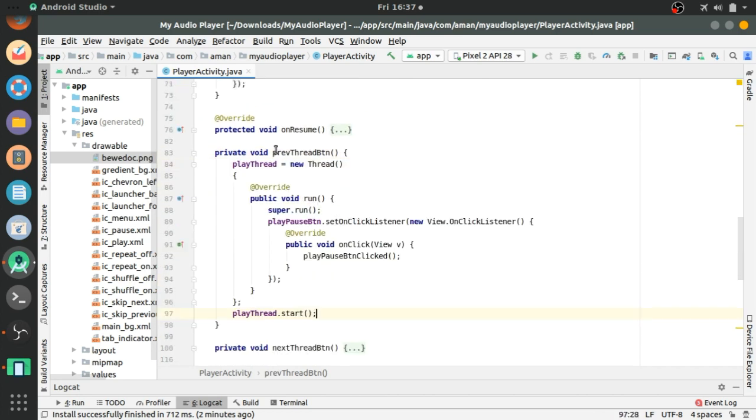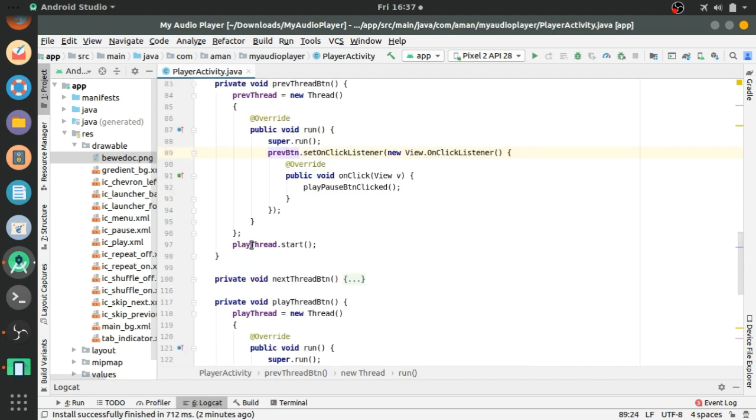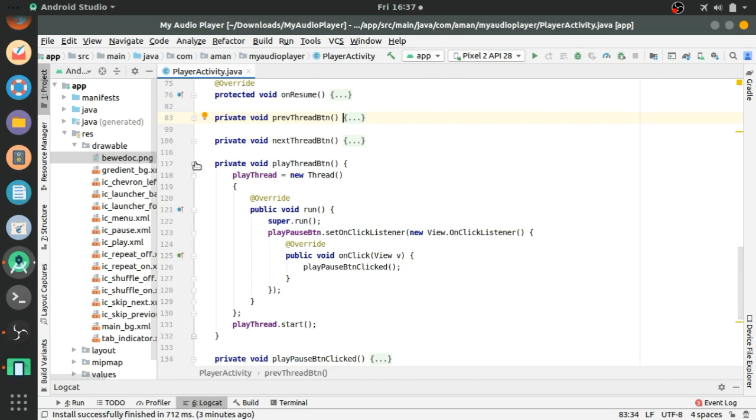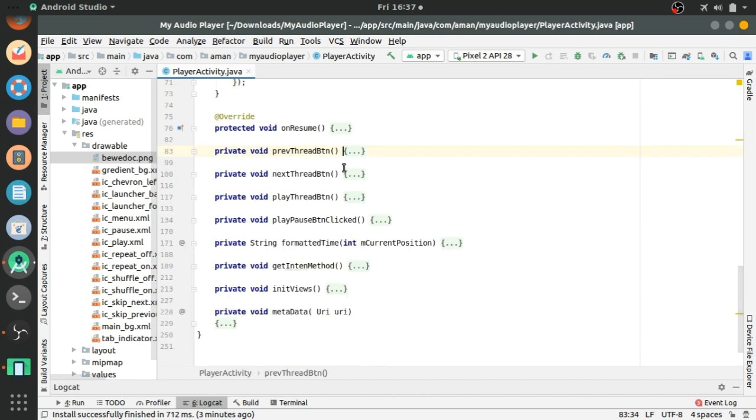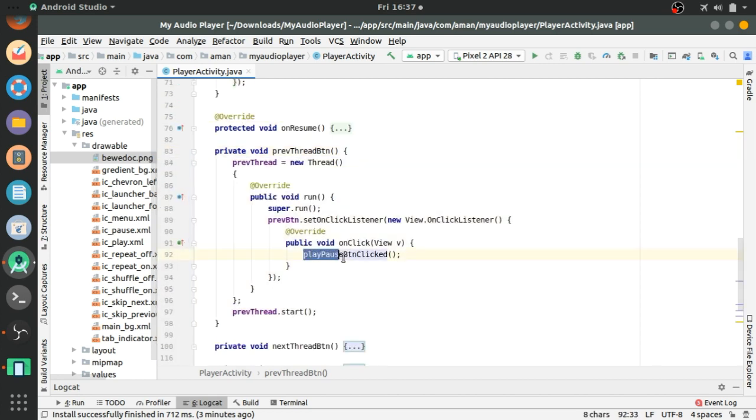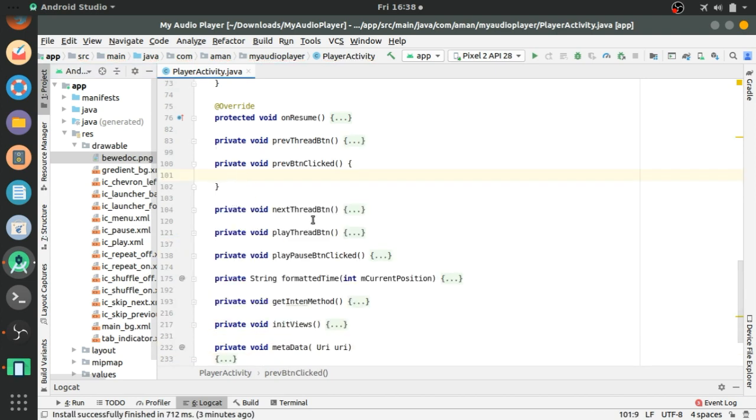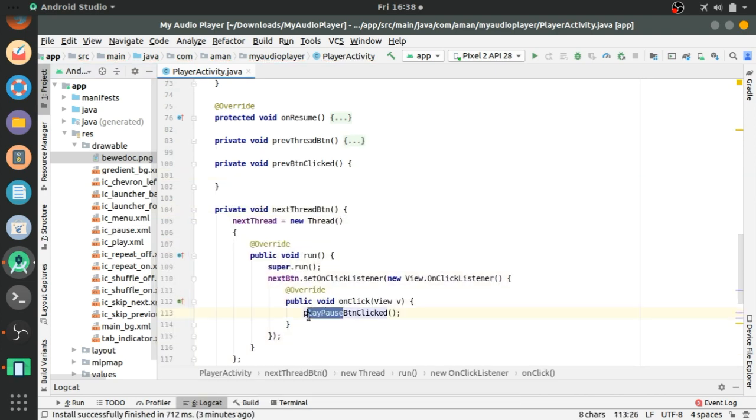Now the same thing in the previous thread button, and after this also change the name of the method: previousButtonClicked, and here nextButtonClicked.